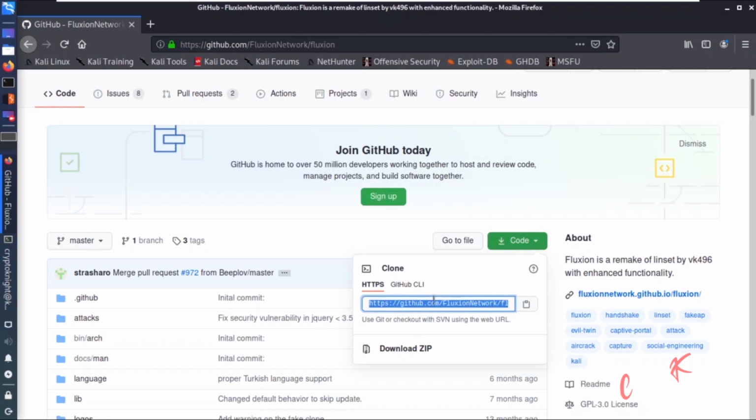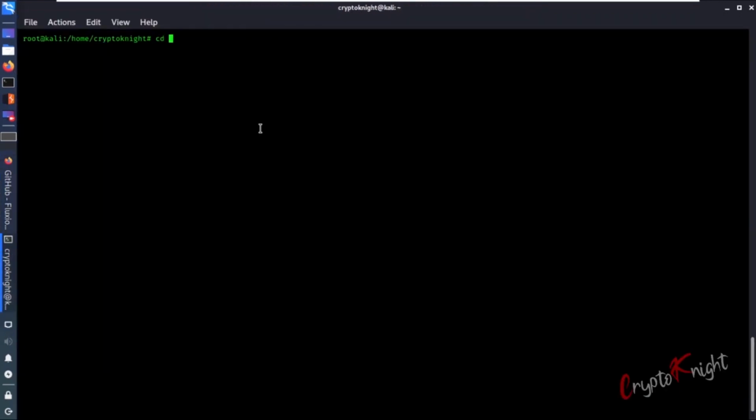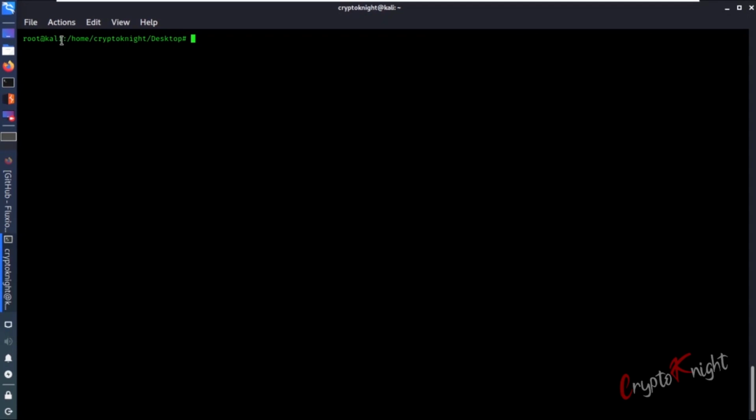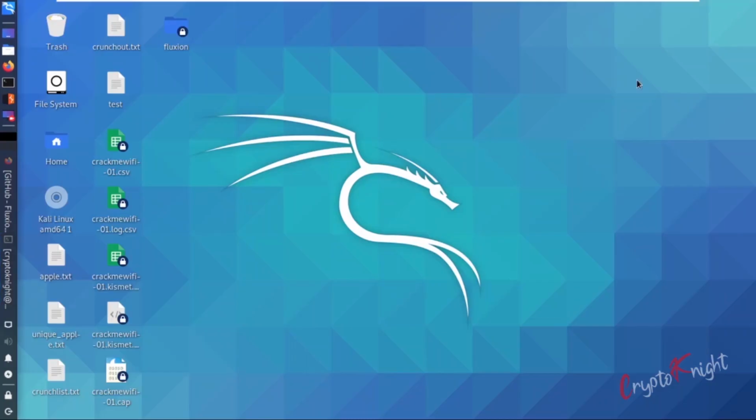In general, whenever we have to download any code from GitHub, we copy this particular link and go to the terminal. Now on the desktop, let's download this. Type git clone and paste the URL, hit enter. It will simply clone it and provide it to us. If we minimize this, we can see that Fluxion is provided over here. The lock sign is present because we created it as the root user. If we are a normal user and try to make changes, it won't work since only root created this folder, so only root has the permissions.